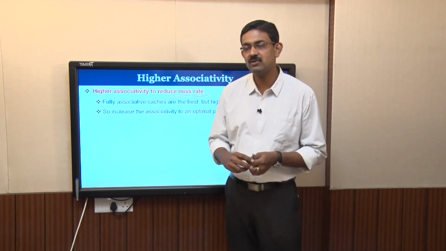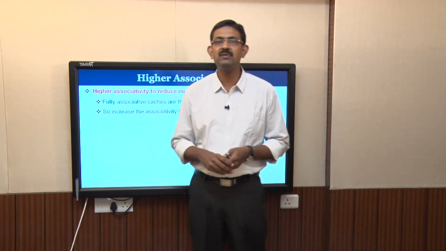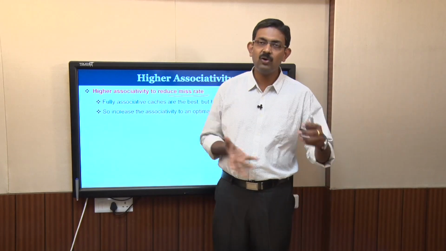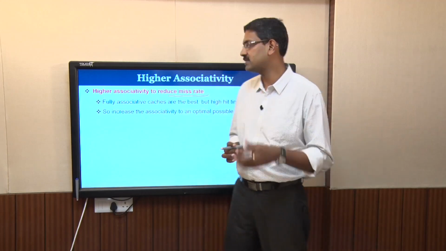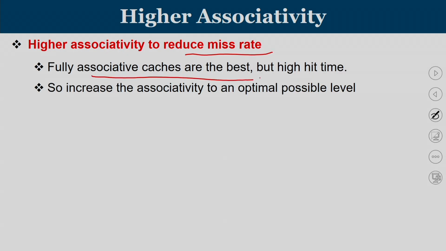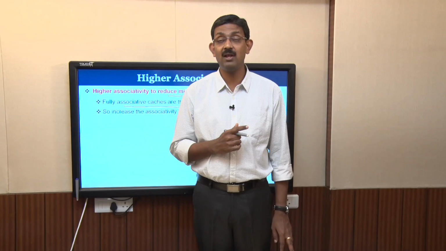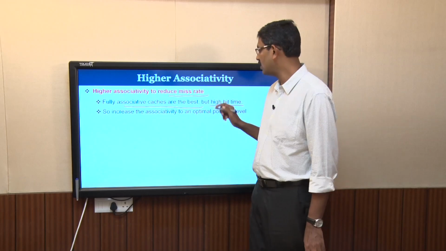So in a fully associative cache, block replacement will happen only if the cache memory is full. So even though it is a fully associative cache, whatever you are trying to bring into the cache memory, there is a limit. Fully associative caches are the best, but they take higher hit time. Why do they take higher hit time? Because once you divide the address into tag, index and offset, there is no specific index in the case of a fully associative cache, because the block can be kept anywhere in the cache. So tag comparison has to happen across all the available blocks in this cache memory, leading to higher hit time.